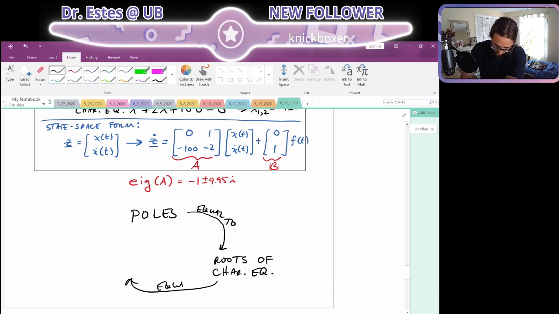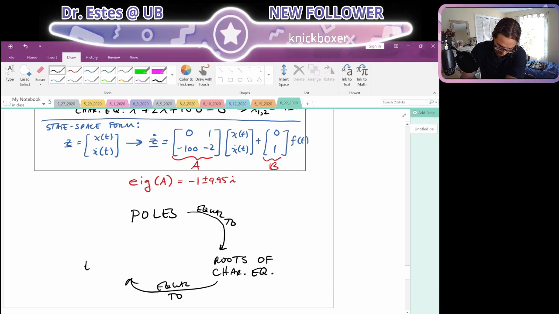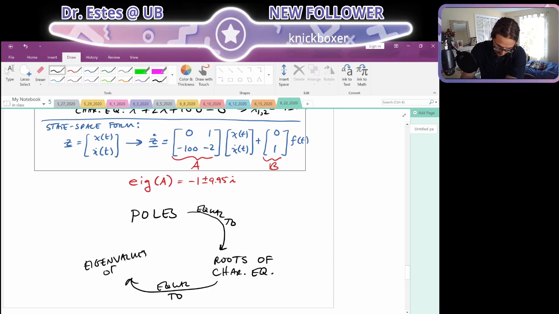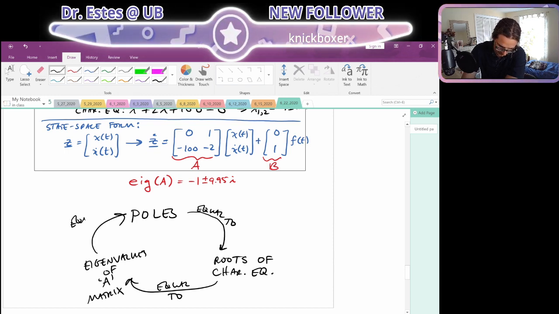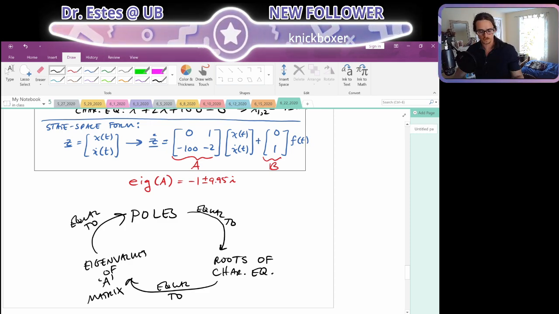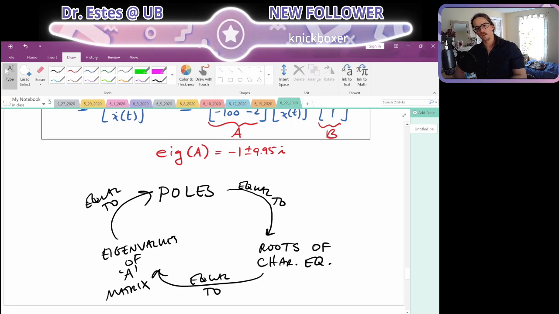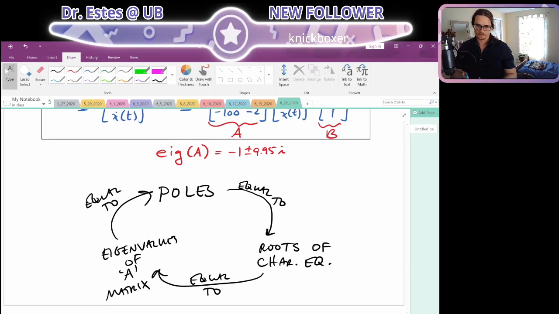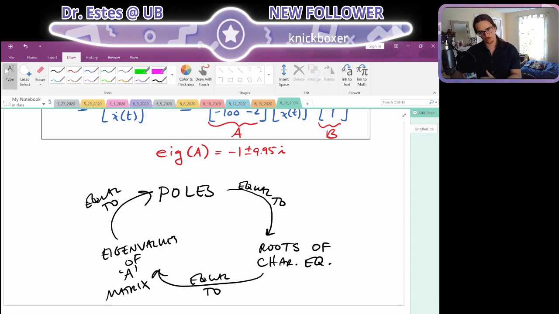And these are equal to eigenvalues of the A matrix, which are once again equal to the poles. So